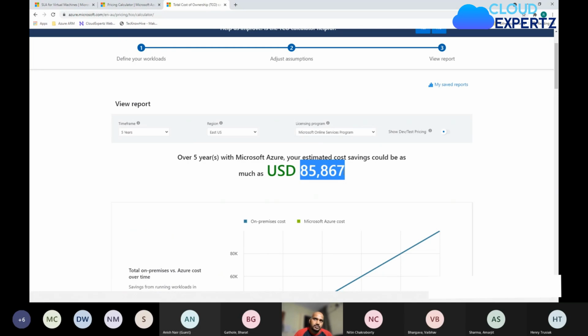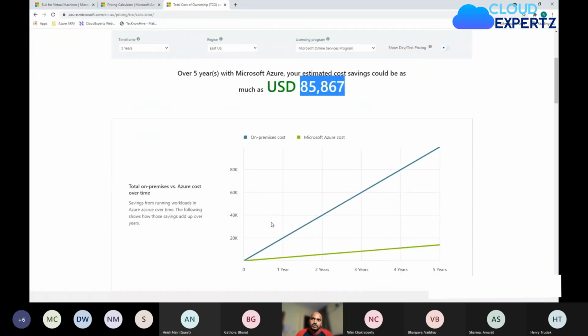That will be your costing. That's what it tells you. Now I have not exactly put in the information, but you can try this at home. That's how you can get the TCO, total cost of ownership in Azure, and it gives you that graph,